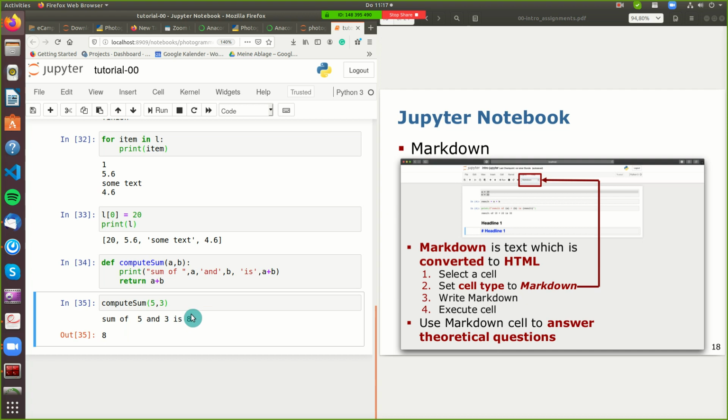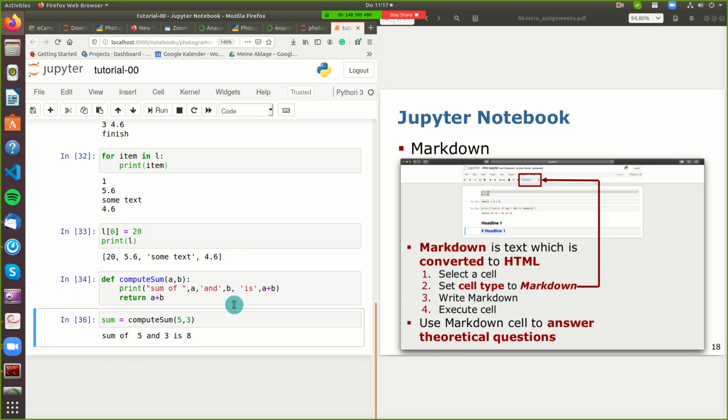Sounds reasonable. And you can also see it here. So if we now have here something like sum. All right. We can also,